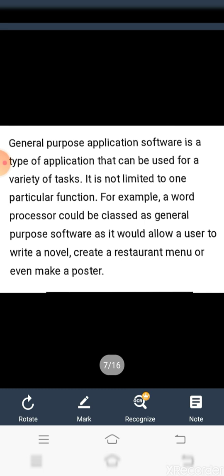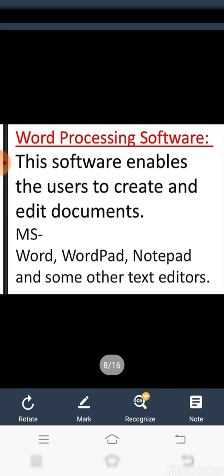Students, suppose I am a writer, then I need that type of software where I can write and beautify my document in a very good and efficient manner. For satisfying this need, I need a software that is word processing software. So word processing software helps us to create professional looking documents quickly and efficiently.